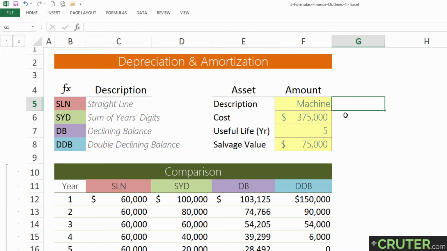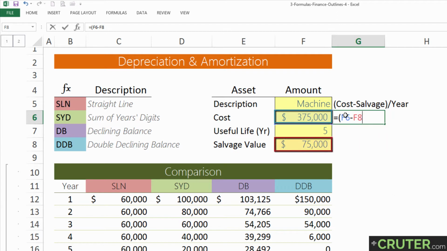And if you remember back from your accounting days, it is the cost less the salvage value and then divided by the useful life in years. So it's a really basic formula, and we can simply go ahead and manually calculate this just by grabbing these inputs. So the cost less the salvage divided by the useful life in years. And you can see it quickly returns $60,000, and this is the amount of depreciation expense for each year for